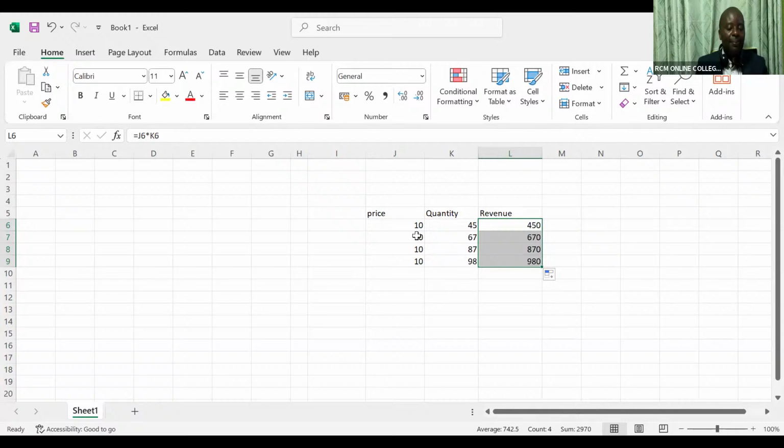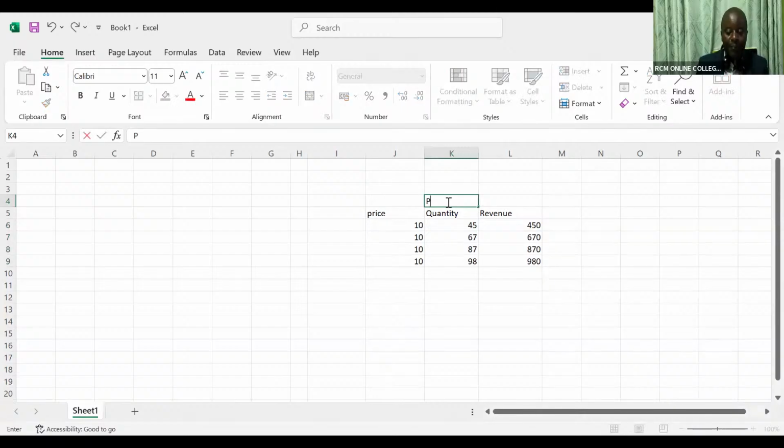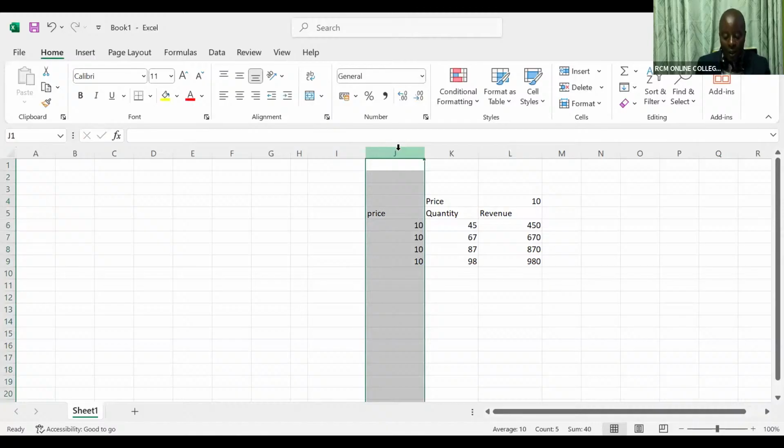In terms of financial modeling, whenever you have an item which is constantly being repeated, a constant number, we shall not be writing it like this. If it's a constant number, what I would have done is come here and written price, and then said 10, and then I can rub all this. So this is column J. If I'm tired of column J and I don't want it anymore,